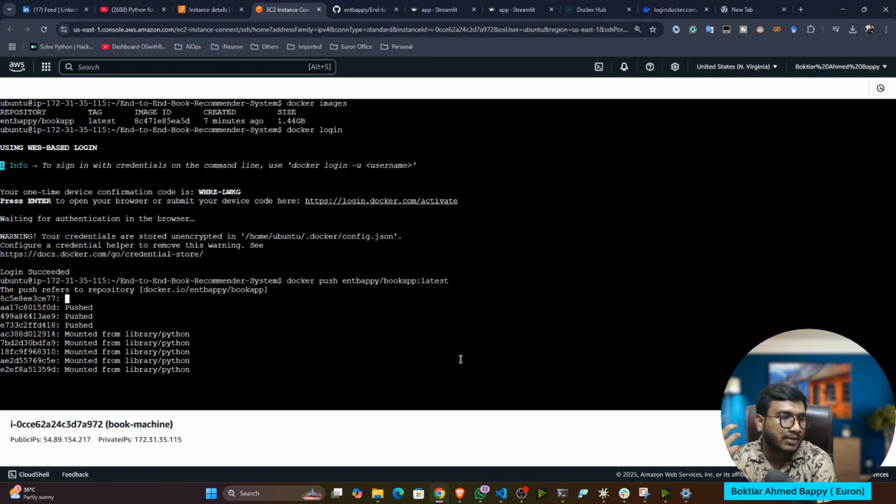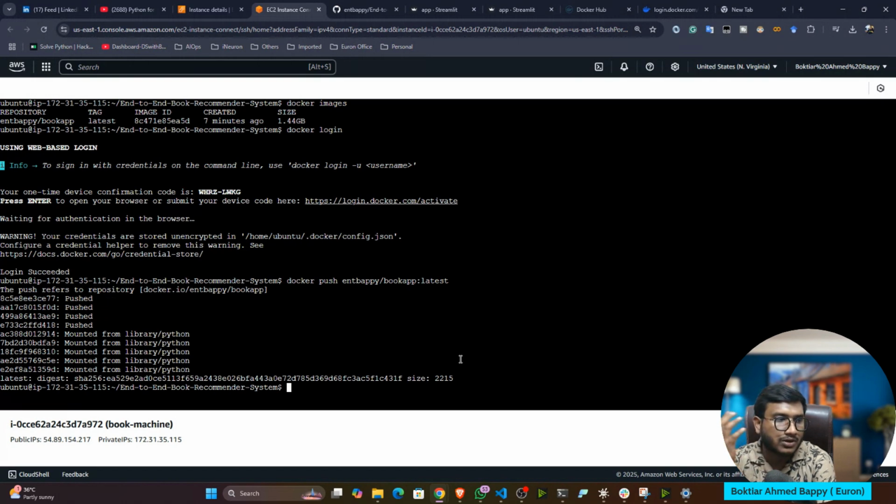And what is the main benefit of using Docker? You won't get any kind of setup issue. Now you can pull my image and run it in your system. You just need to have Docker, without any kind of setup issue, as a container. That is the main benefit. And in production, we always use Docker.